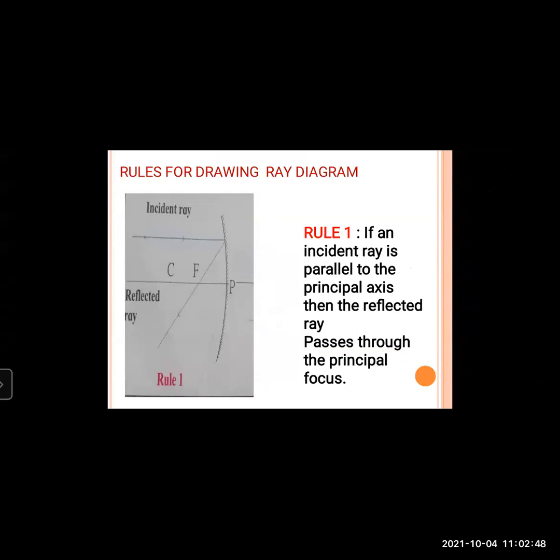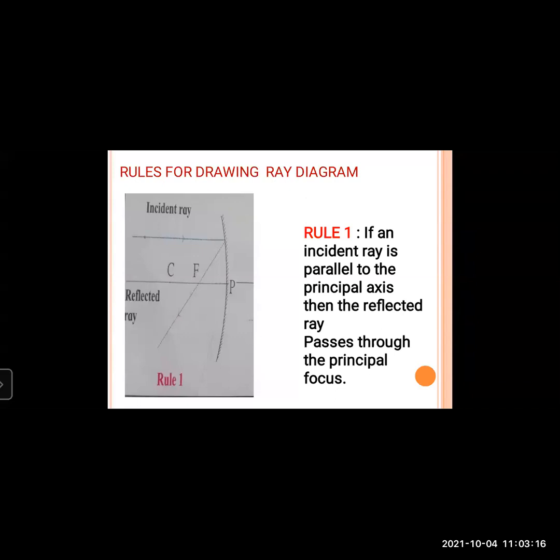reflection chapter. If you understand these three rules, you will be able to draw these diagrams very properly. You will be able to understand the incident ray and the reflected ray, every property, very properly. So please pay attention, write these rules, draw these diagrams again and again, so that you will be able to draw all the diagrams for the 6 cases of the position of the object and position of the image.